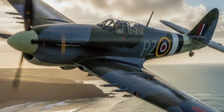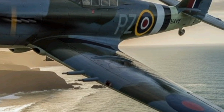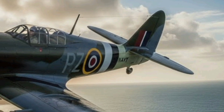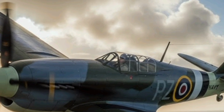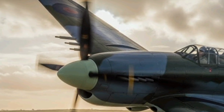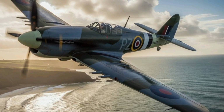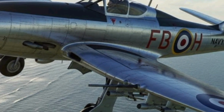After the war, the Firefly continued to evolve through several upgraded variants. Versions like the Firefly FR, NF and AS series introduced new technologies, radars and mission-specific modifications. The night fighter versions included radar systems mounted in extended wing pods that allowed the Firefly to conduct night interception and search missions. Anti-submarine warfare models carried sonar buoys, radar and specialized ordnance for hunting submarines during the Cold War. These modifications ensured that the Firefly remained operationally relevant even after more advanced jet aircraft started to enter service. Its robust design allowed nations like Australia, Canada, India, the Netherlands, Ethiopia and others to operate it well into the